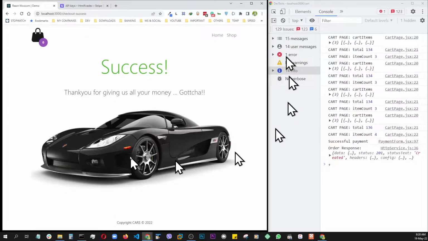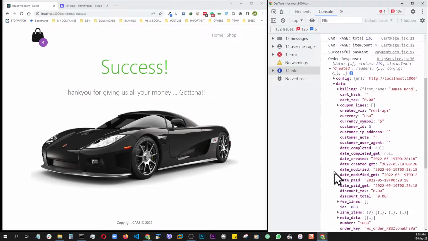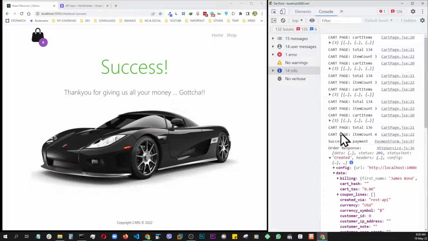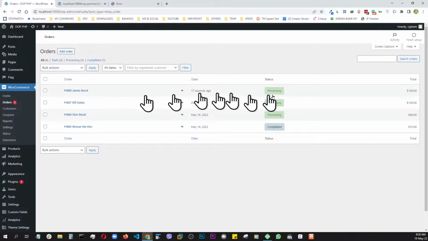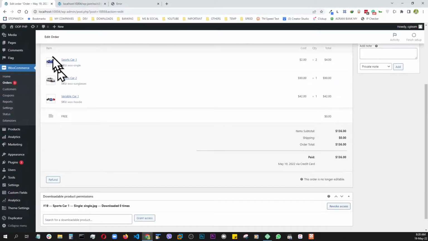Boom, there you go, success page. And as soon as that happens, you can see we are talking to the WordPress backend, and here's the data from WooCommerce that an order has been created. And let's verify, come here, refresh, and there you go, that's our latest order with all the necessary details and